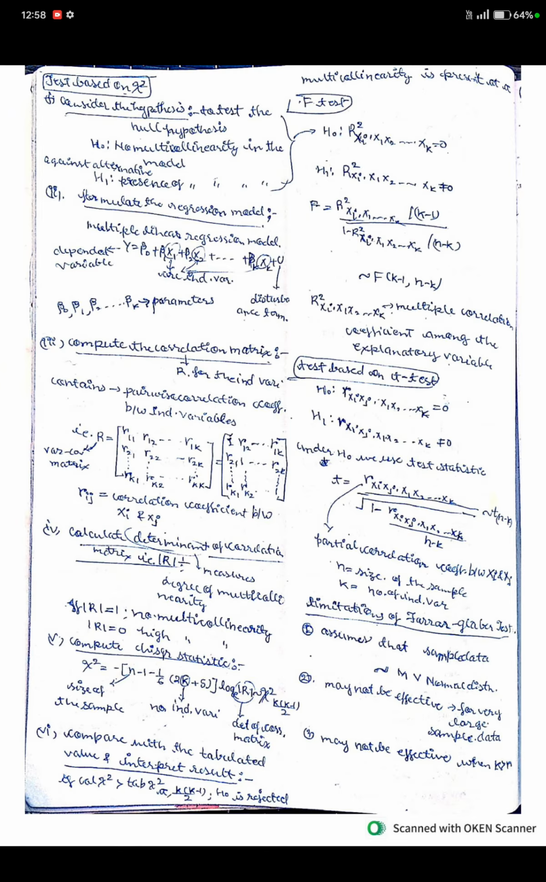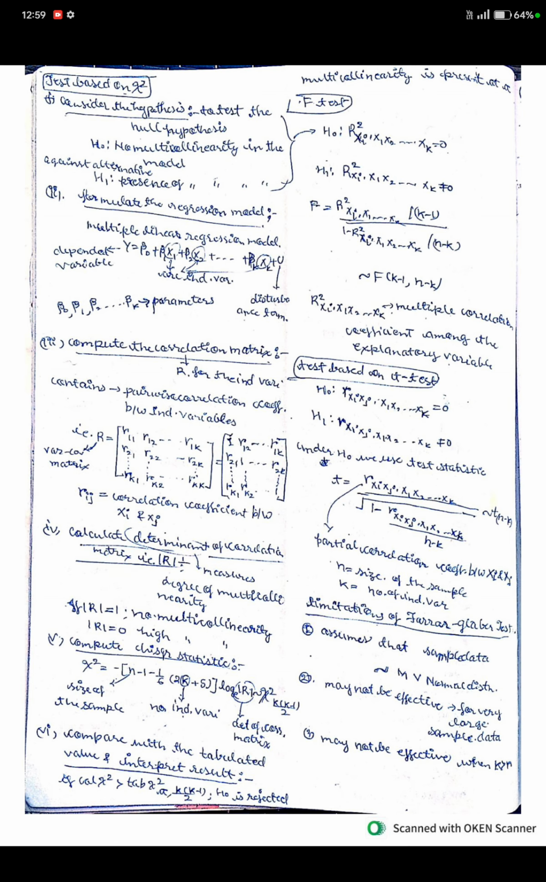Fourth, calculate the determinant of the correlation matrix, that is mod R. The determinant measures the degree of multicollinearity. If the determinant is 1, then no multicollinearity exists. If the determinant is 0, then high multicollinearity exists. Fifth,